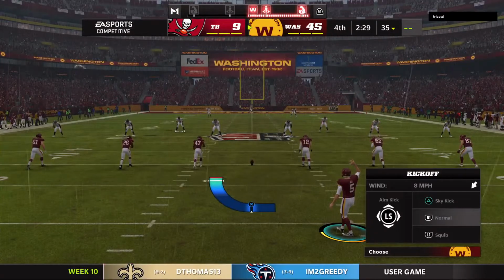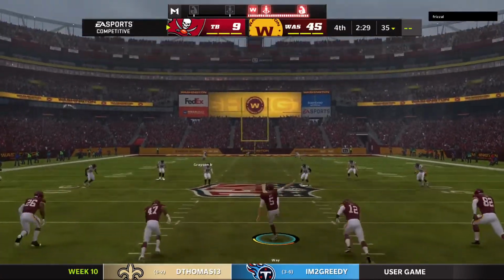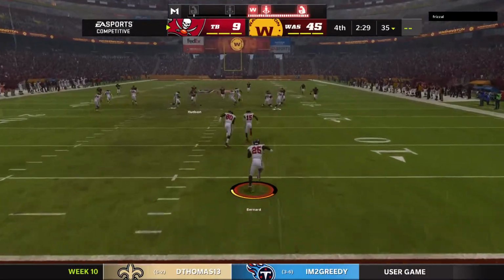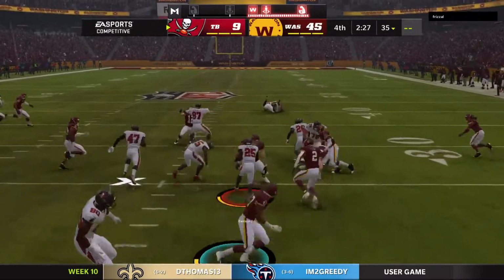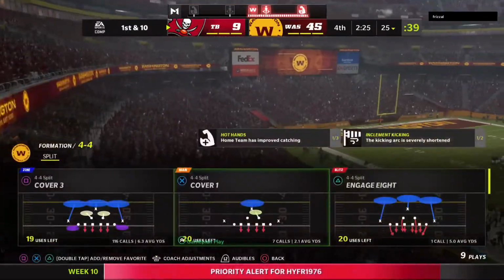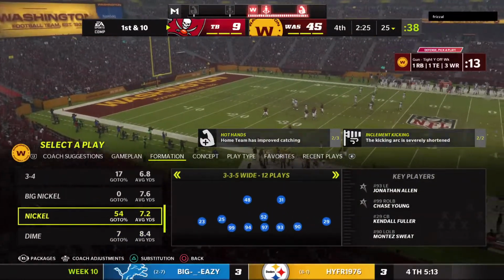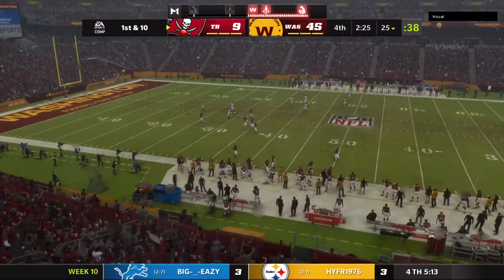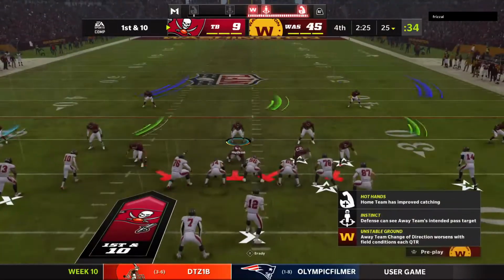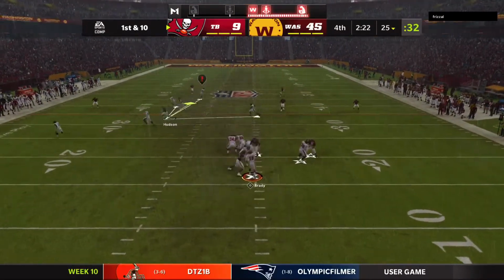Extra point by Sly is up and good. And that will extend this big lead. Taken at the goal line. And he'll go down as this drive will start at the 25-yard line. The Bucs offense set to begin their next possession following the pick 6, and they have decent field position. We'll see how they attack this